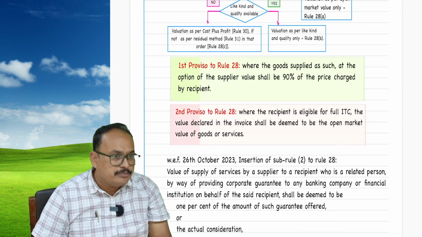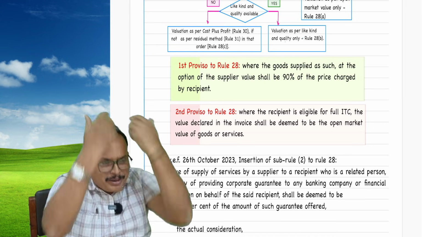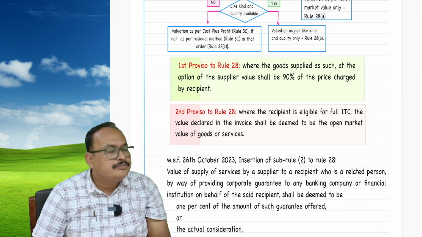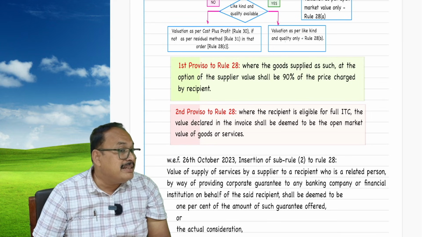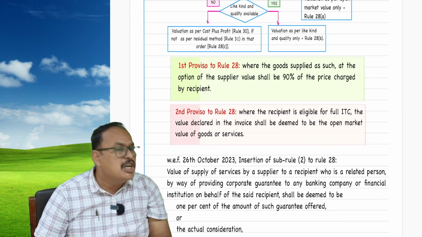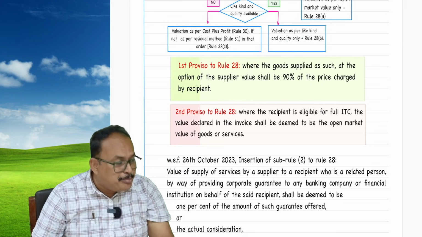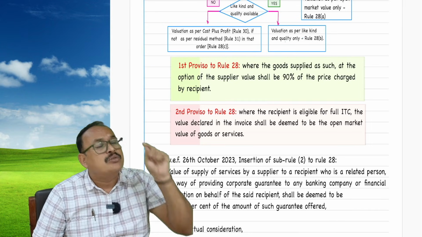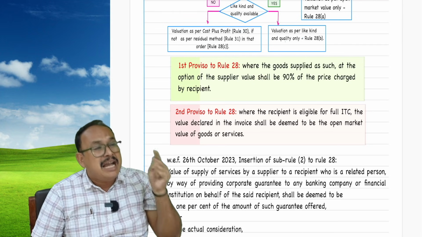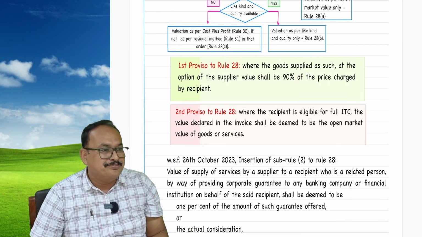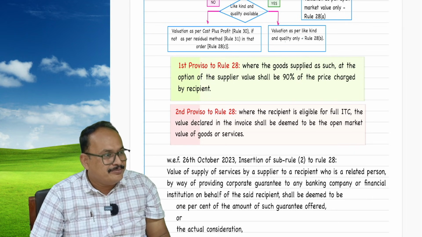Zero value shown, zero value. Invoice not issued, zero value. Where the recipient is eligible to claim ITC, full ITC. What is the meaning of full ITC availed? Meaning the recipient is paying tax and is wholly making taxable output supplies, not having any exempt supplies. No exempt supplies are there. In that case,